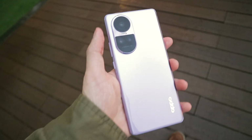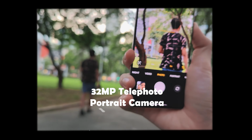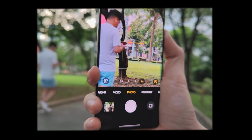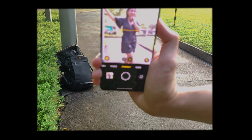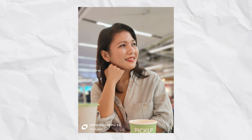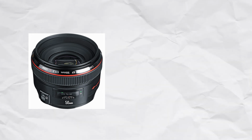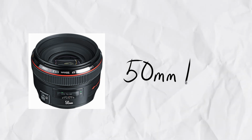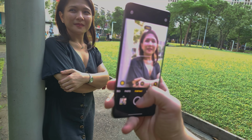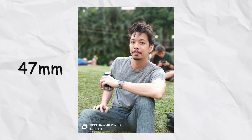The biggest advantage of this is definitely the 32 megapixel telephoto portrait camera. To the average person, this means you can now optically zoom in, which you can. But this is also meant to level up portrait photography. There's a reason why professional photographers use different lenses depending on what they're taking a photo of. On a camera, a 50mm lens is usually referred to as a portrait lens. The Reno10 Pro's portrait lens has an equivalent focal length of 47mm, and it just looks more flattering on faces